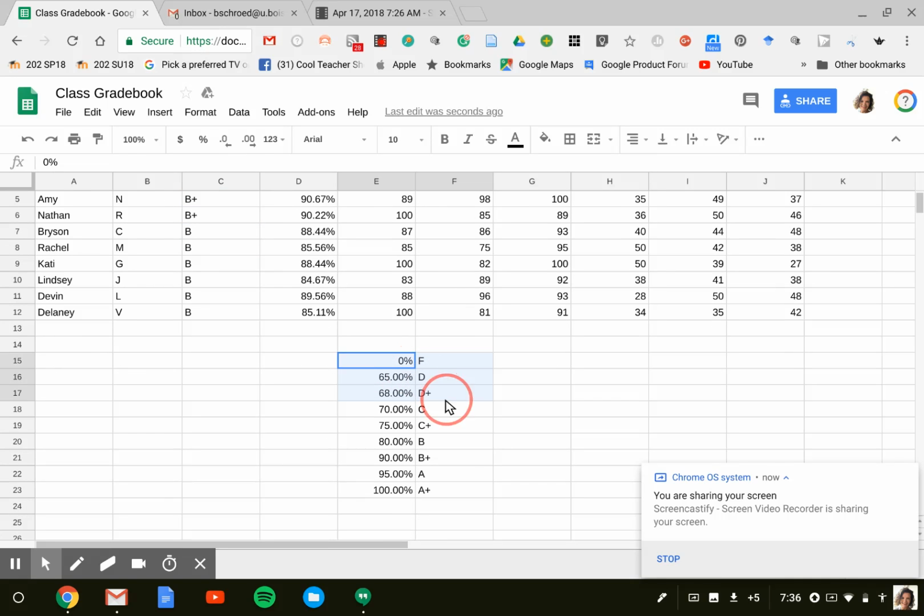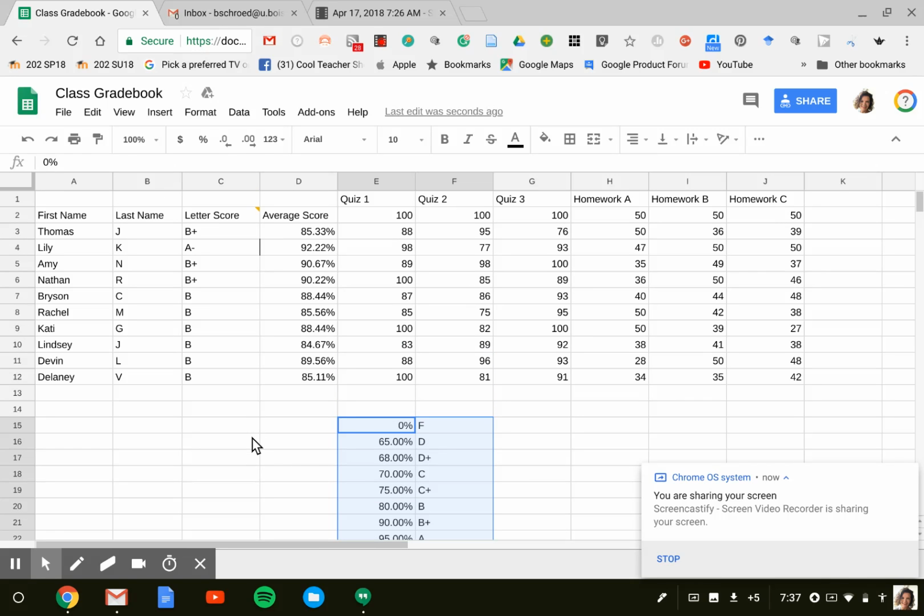You've created the VLOOKUP table correctly. You have this in ascending order, which is a necessary component of the VLOOKUP function. It has to start with 0 or the lowest number and go to the highest number. So you have this created correctly. All you need to do is add your function to this particular cell. Let's go ahead and just get rid of all these, and we'll start with cell